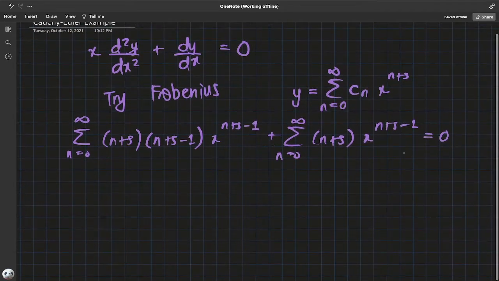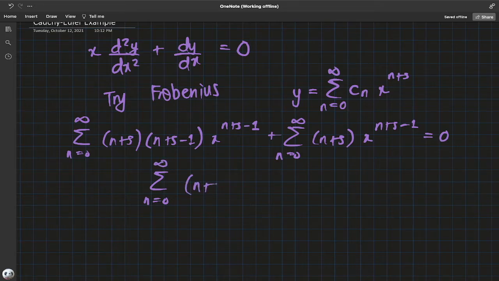Notice both powers are the same, so there's no trailing term, so we can't expand for individual indices. We have no choice but to club them together. If you club them together, you have n plus s, the whole thing squared, times x to the n plus s minus 1